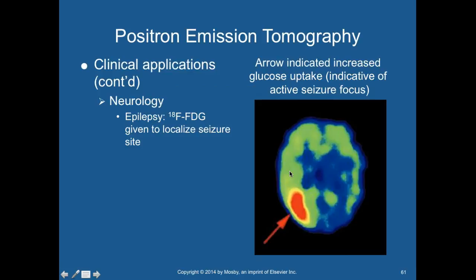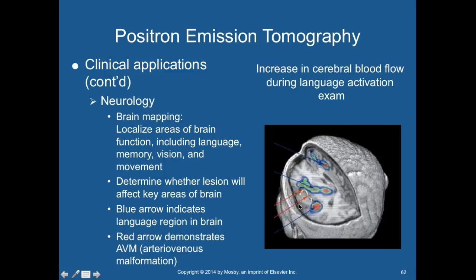All right, so neurology, we can look for epilepsy. We use the FDG given to localize seizure sites, so it'll show us here. So the arrow indicates increased glucose uptake. So there you go. And neurology, so brain mapping, localized area of brain function, including language, memory, vision, and movement,